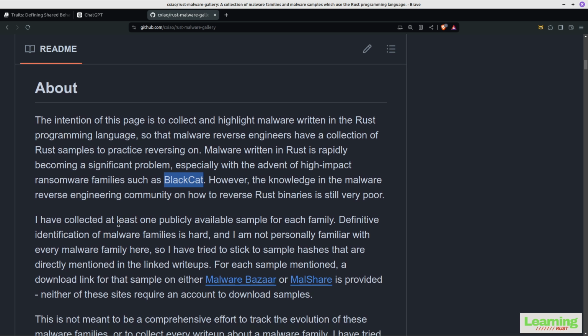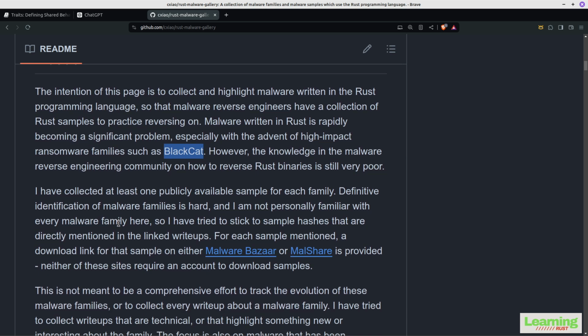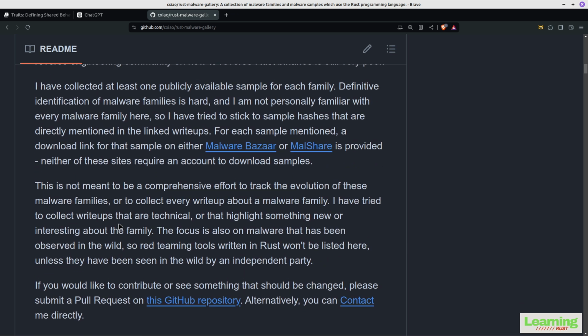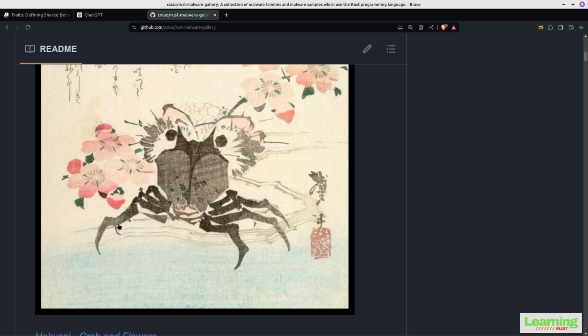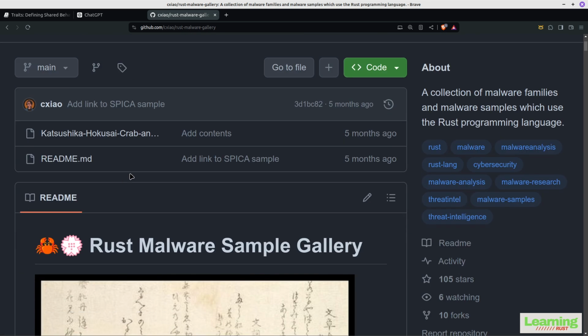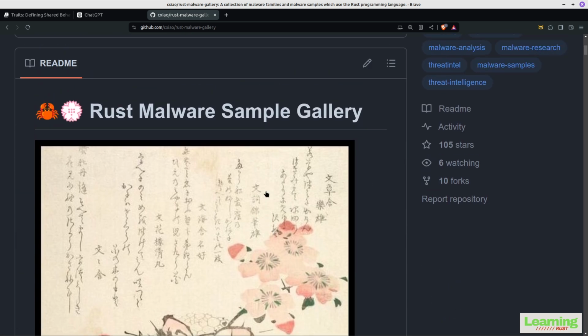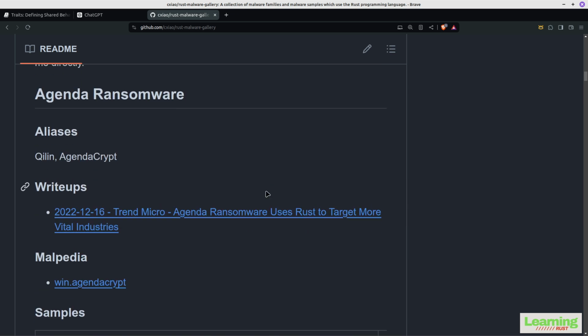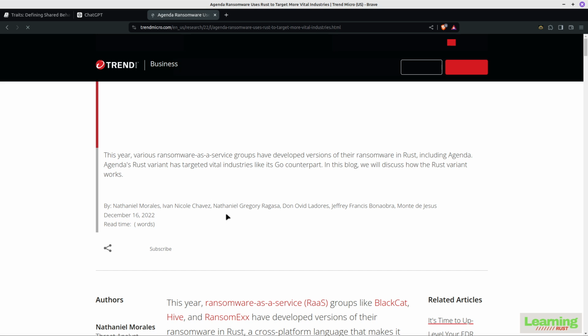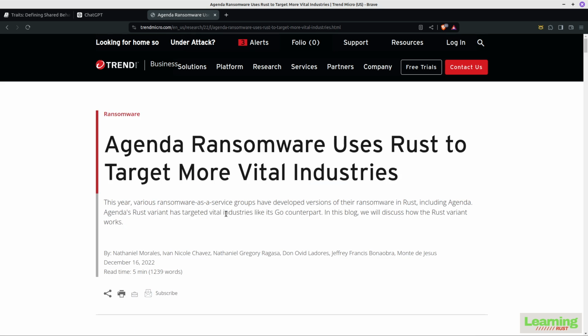I guess it provides new attack vectors, and possibly it's easier to learn than C++. So I don't know, if anyone's got any thoughts on that, let's see what we can actually find. I think there's some links further down. Sorry for jumping about, but okay, this is from 2022. Some of these links are from a while back, but